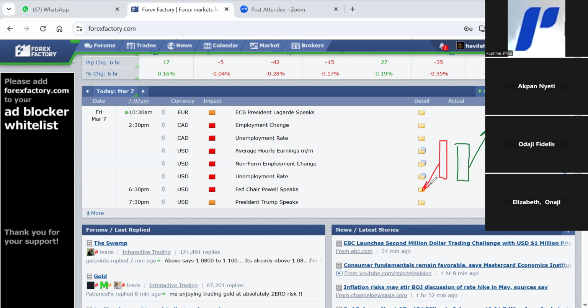Dollar pairs like USD JPY, USD CHF and USD CAD will react to this news. So if it's all good, if it's all green, then we'll see massive bullish movement on the USD CHF, USD JPY, USD CAD. And if it's all bad, we'll see massive bearish movement on the same instruments. Now, it's also possible that this data may conflict, due to many factors.